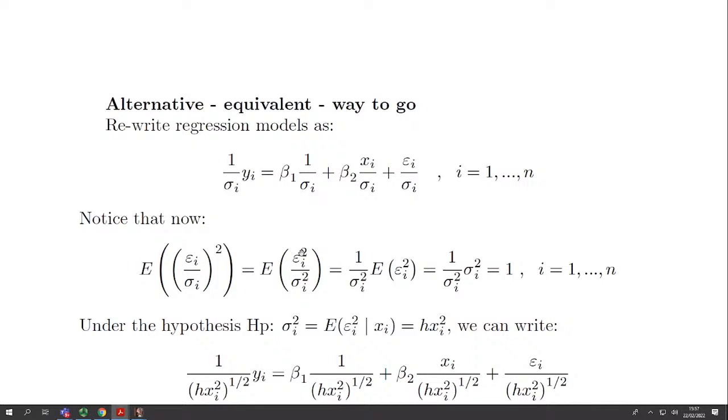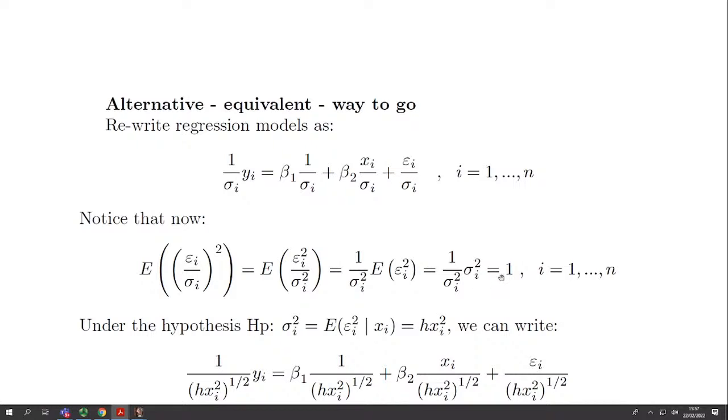Sigma square i is a number. It's not a random variable. A random variable is the error term, epsilon i. So I can shift this outside the expectation. So I'm going on in a very, very mechanical way, okay? And you realize that basically for i running on family one, household 1, 2, 3 until 11,000,